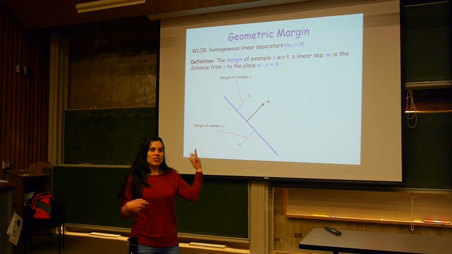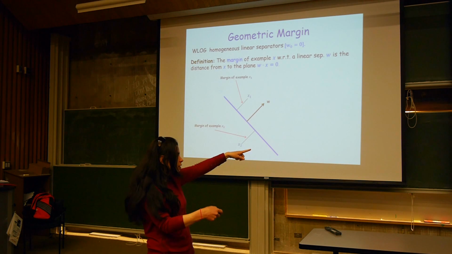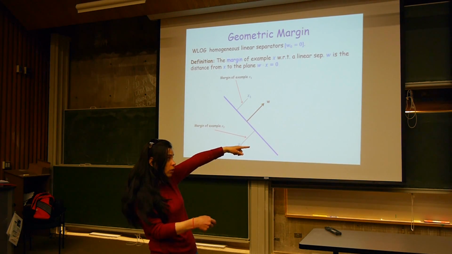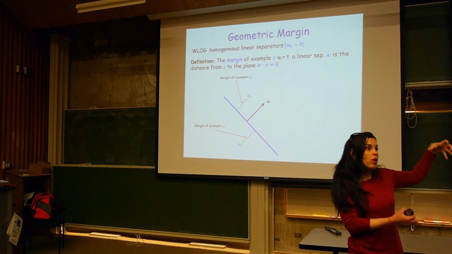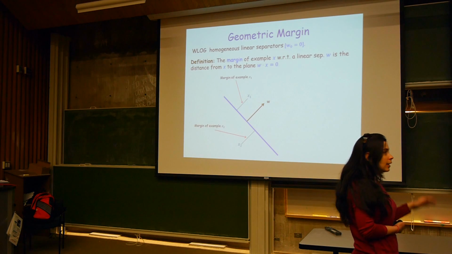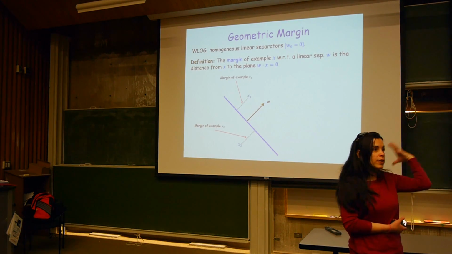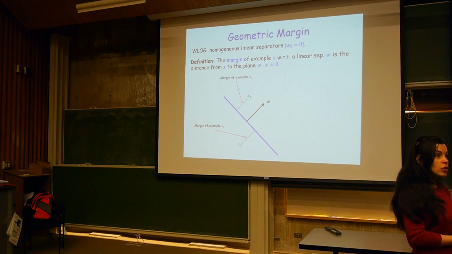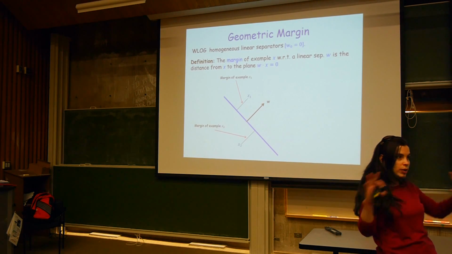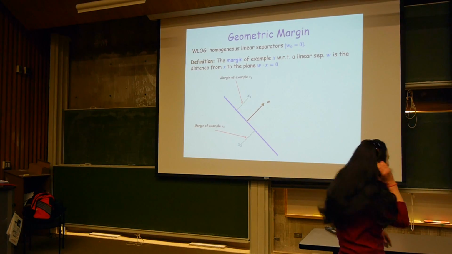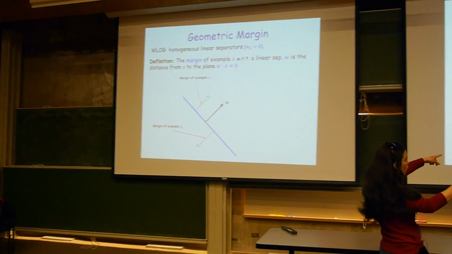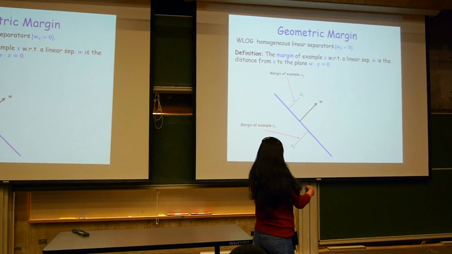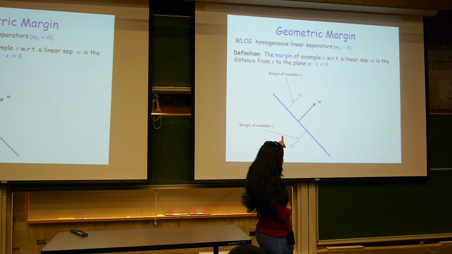So, speaking loudly. What is a margin? It's just a quick recap, you guys know. Going from an even simpler concept: if I have a separator given by a normal vector W, the margin of an example x with respect to that separator is basically how far my example x is from that separator, right? And we argued in the class previously that we can always think about separators that go through the origin, because we can always translate the origin, right? So this is what I'm going to be thinking about today, separators that go through the origin. Okay, and so in that case, if my separator is specified by normal vector W, then the margin of an example x with respect to the separator is exactly the distance from the example x to the separator. And we've seen this last time. This is mathematically the same as